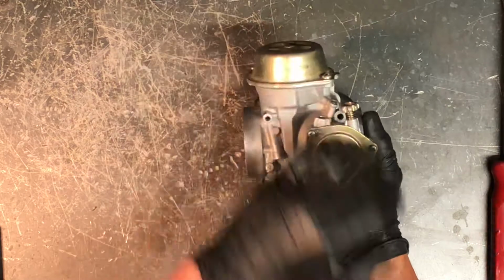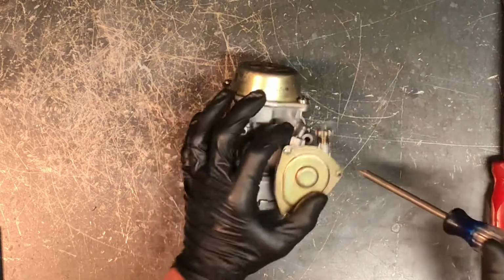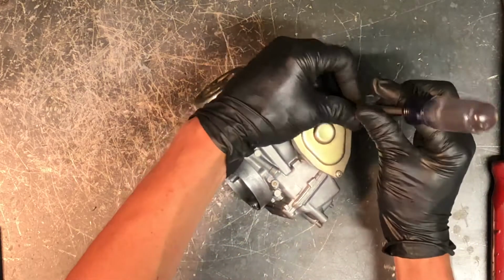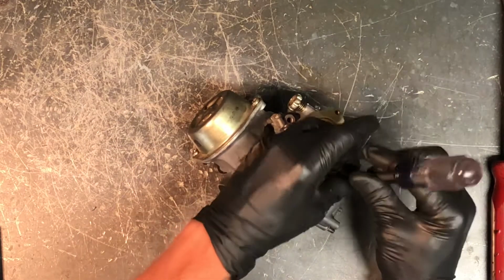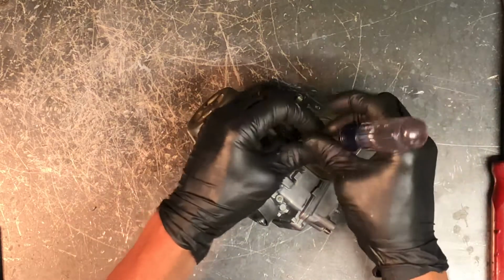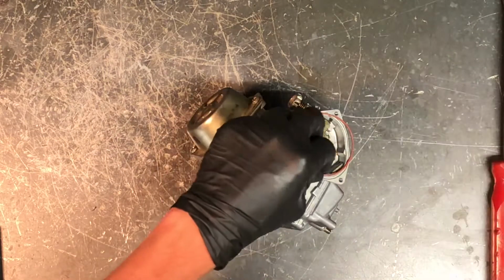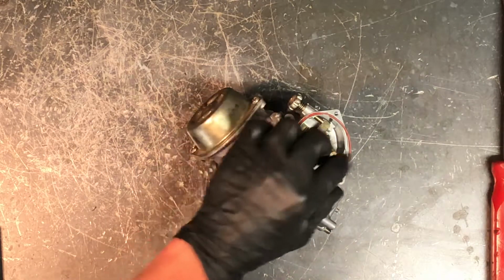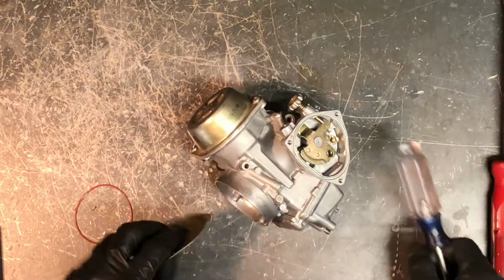We've got your throttle, where your throttle cable comes into here. Obviously, if we have it off of the four-wheeler, we've already taken this cover off, but just to show you what's going on here. 3 Phillips screws that we've got to take out, and there is an O-ring under here that seals this. Now when you're putting the O-ring back, if you've gotten carb cleaner on it or fuel or anything, that O-ring will expand and it'll be very hard to fit in here. So you want to make sure you set it out in the sun, use a hair dryer, dry it off really good, kind of heat it up a little bit,